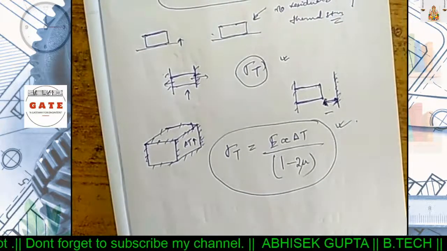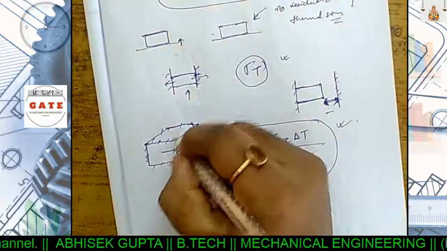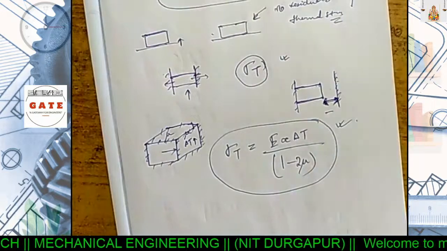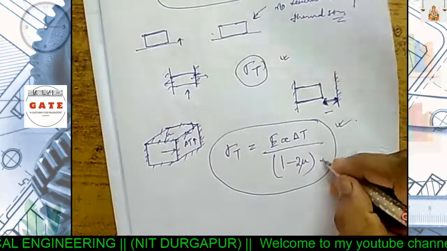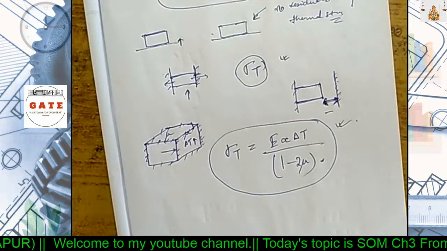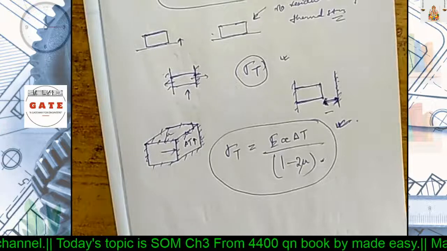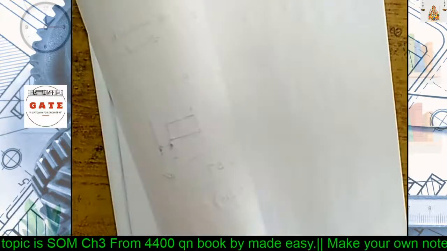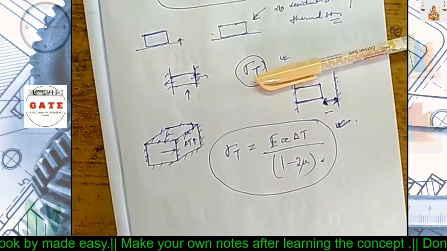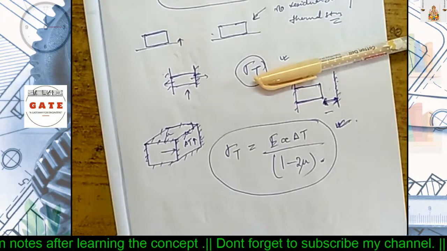Why? Because if one stress sigma T is developed in one direction, then mu times this strain will come into the picture in the y direction, and mu times the strain in the z direction. So 2 times mu. Here you can see that question number 9 in chapter 1 is very important; I told you in the first class. From that concept, this is the formula for sigma T. So now we have covered the theory. Now we will go on to solve the numericals, and on the way, if more theory is required, I will show you.